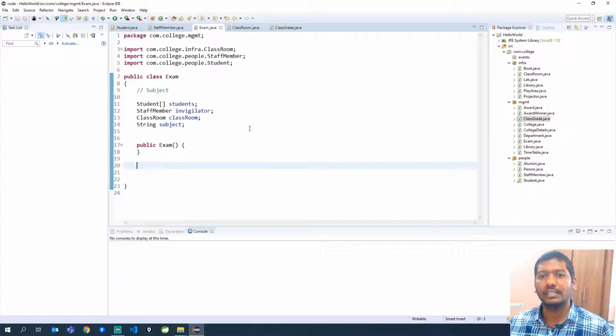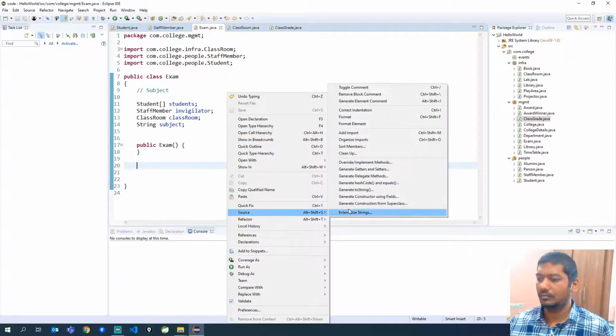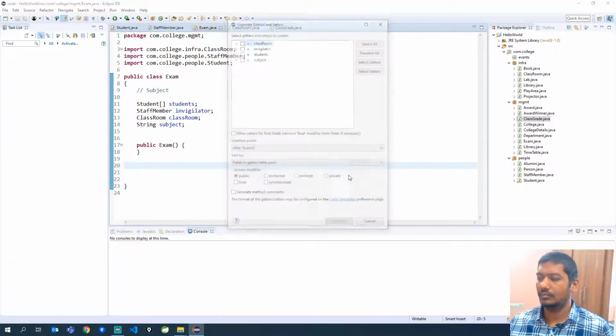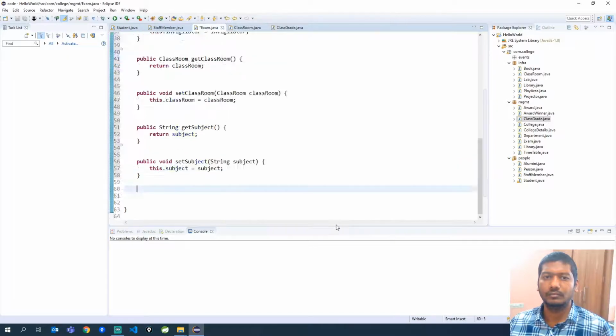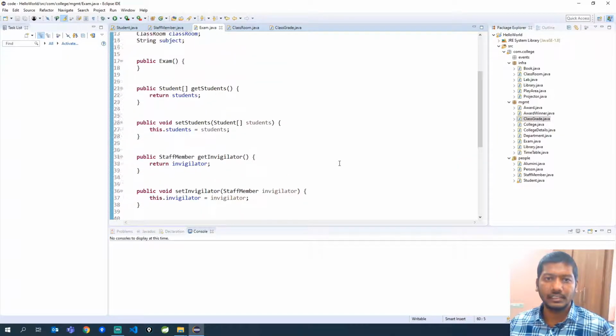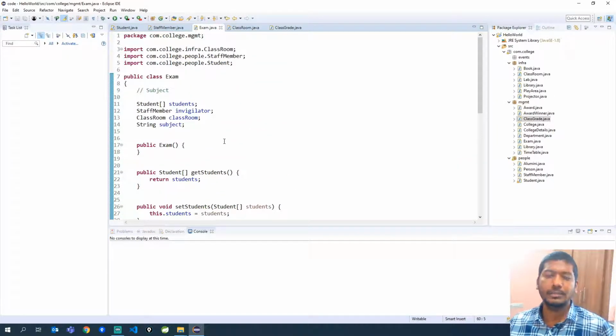And now we will generate the getters and setters. Select all the fields and click on generate. So we have all the getters and setters of each of the data members present in the exam.